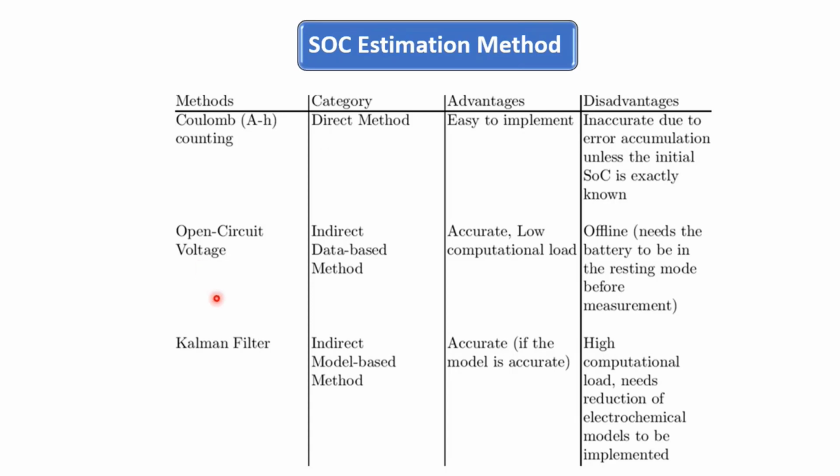And the open circuit voltage method, again as I told, we are trying to measure the state of charge by taking the open circuit voltage. This open circuit voltage versus charge will be accurate if you consider both the charge and discharge cycle. But when you are charging and discharging, you have to open the circuit, and when it is running, it is really difficult to open the circuit. It is only possible when you are not charging or not discharging. So how they are doing this is, they consider before charging and after charging, and based on that they say, okay, this is the SOC. Again, this is an inaccurate method.